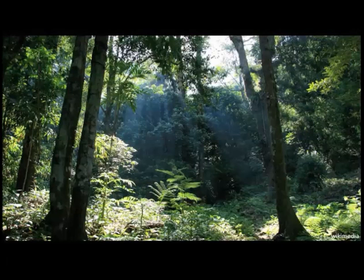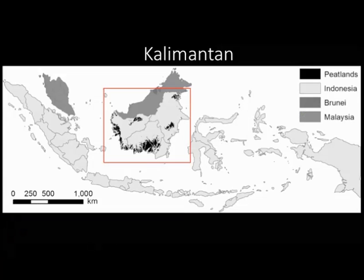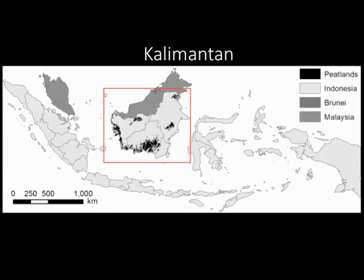But the big question is, what is oil palm clearing? It could be clearing not peatlands. It could be expanding into areas that are not forested. And as of about 3 to 4 years ago, we really didn't know. There was no definitive research on the land sources for oil palm plantations. And so that's what I set out to do in my PhD, along with my advisor, Lisa Curran, who's at Stanford University. What we did was focus on Kalimantan, which is the Indonesian portion of the island of